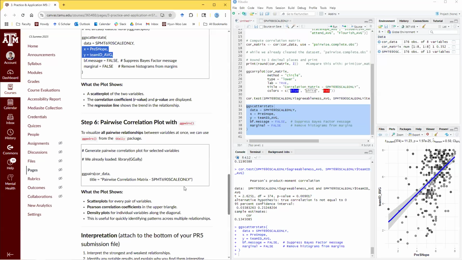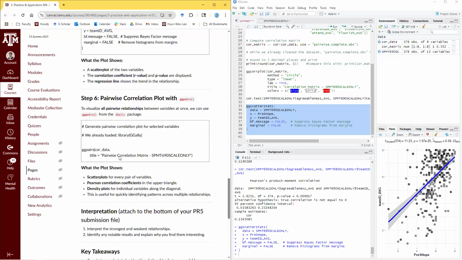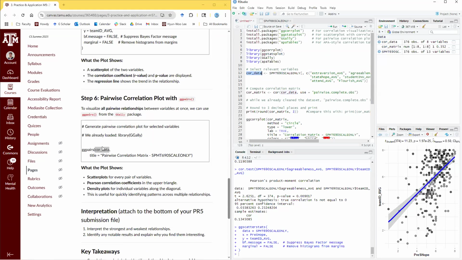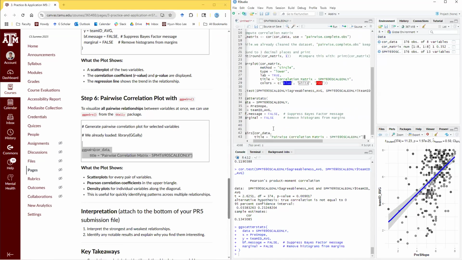But we can use core data, which we designated very early, right? We designated the core data that we're interested in are these 8 variables. We can create a pairwise correlation plot using all these 8 variables. So let me do that for you. Copy and paste the command